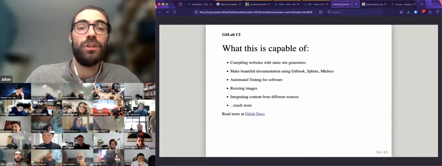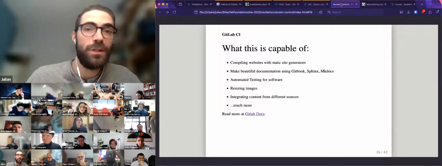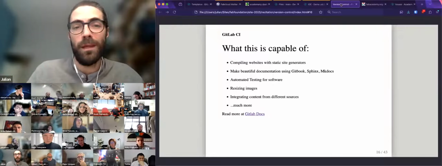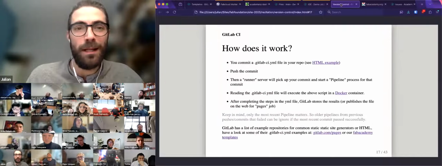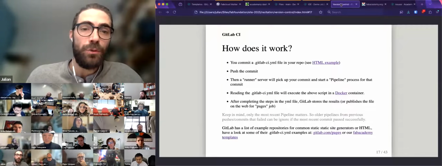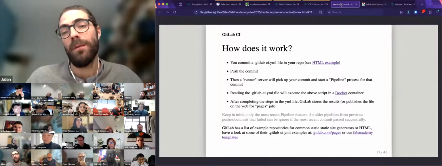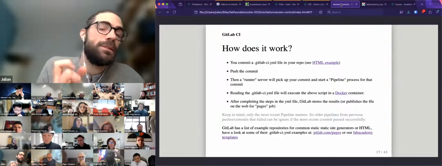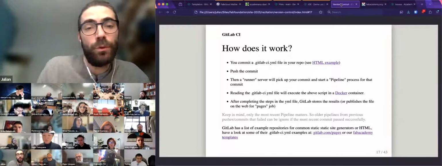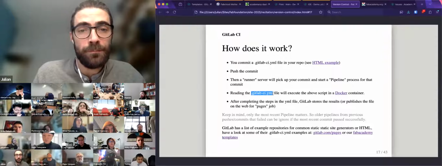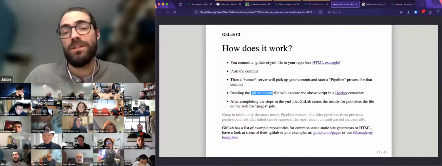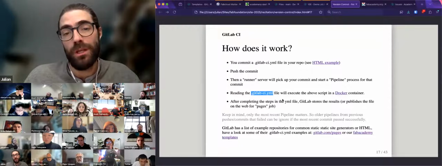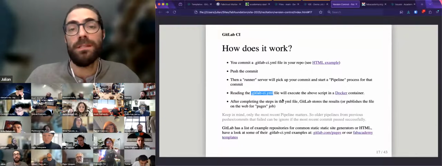And this is very useful, so you don't need to upload files through FTP to some server every time you make a change. CI will take care of it automatically. And this works by, in the background, every time you make a commit, taking the commands that you've defined in a special file called GitLab CI, and running them on another server in the background. So you have this server that can just handle everyone pushing, and it will automatically run these things